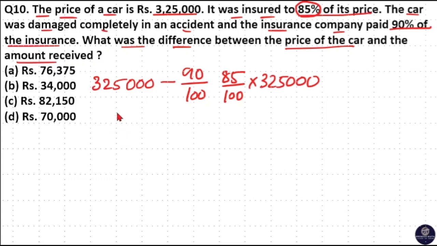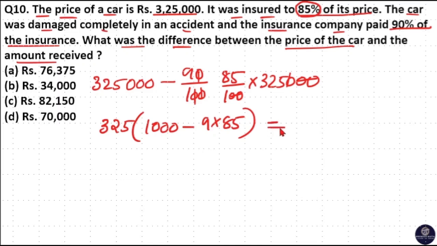Now, if you take the difference, 0, 0 cancel. Now, if I take 325 outside, this will become 325 into (1000 minus 9 into 85), which is equal to